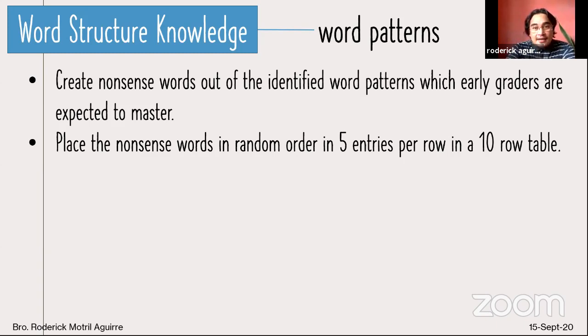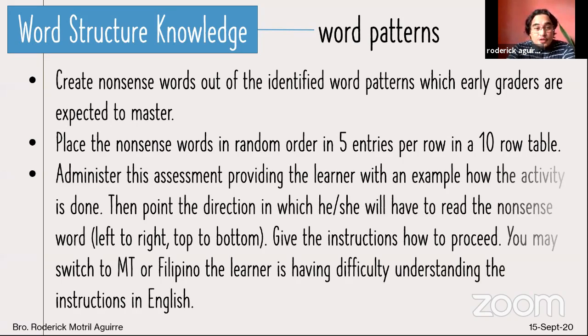Okay? 50 entries po ito. And then, next would be to administer it. To administer this assessment, provide the learner with an example of how the activity is done. So, bago maggawa ang bata, dapat magpapakita ka muna ng mga sample po na nonsense words. Tapos, ikaw muna magpapakita sa bata kung paano ginagawa yon. Second, ang bata naman, tapos, so tatlo palagi na example